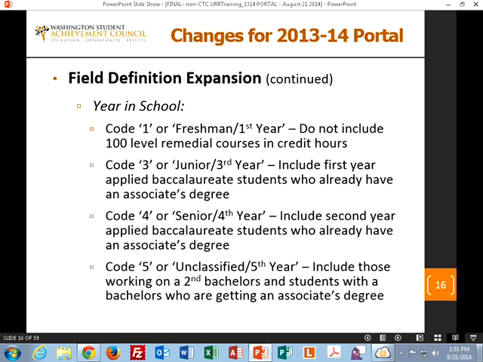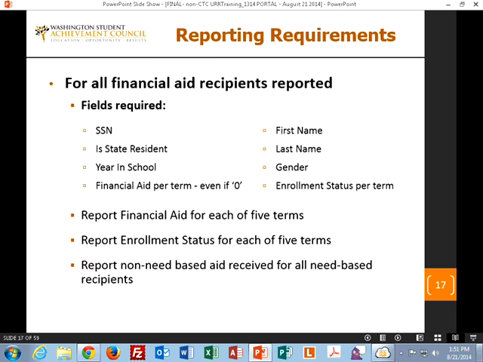One area to find that, if you haven't found it, if you don't carry that in your regular financial aid system, is off the FAFSA. It does ask a direct question if a student will have completed a bachelor's degree by, I think it was July 1 of last year. That's the way the community technical college is going through it. They're looking at it that way. And if that is answered that way, then you code them as a 5 if they're working on a second bachelor's degree, for example, or an associate's degree.